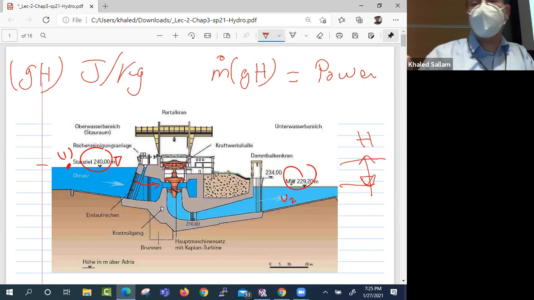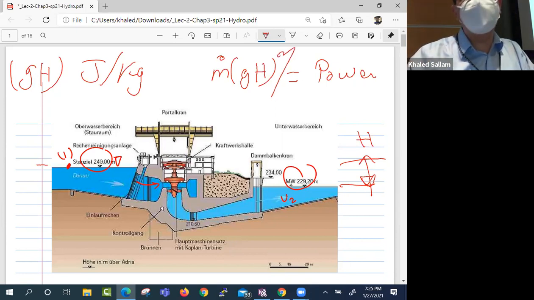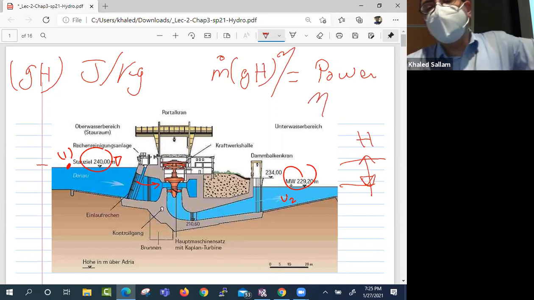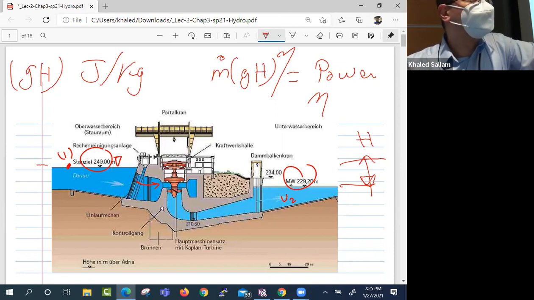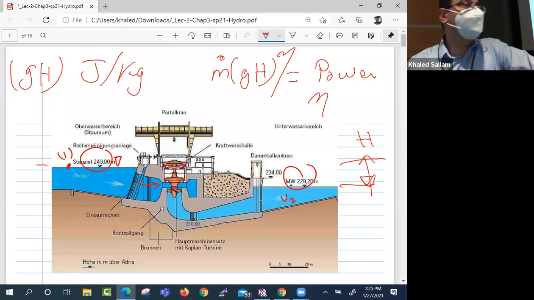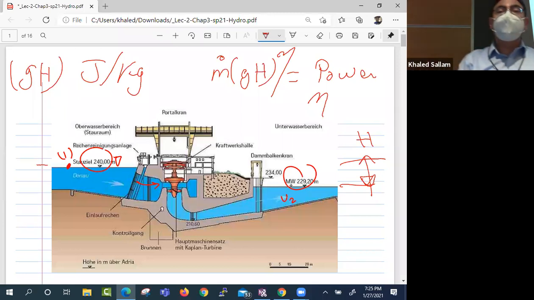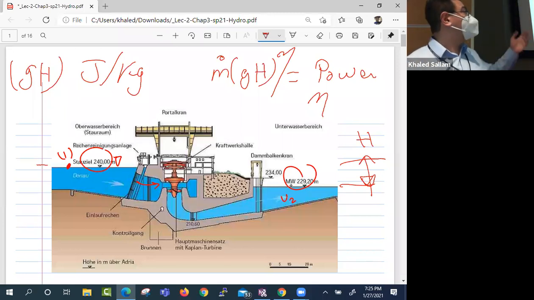Of course, the real power you need to multiply by some kind of efficiency. This is my eta. My writing anyway is horrible, whether it's English or Greek. But anyway, that's my eta. Okay, so you multiply m dot gh times the efficiency eta, you get the actual power you extract from the turbine. But what I'm trying to say over here is that although the source of energy is potential energy,